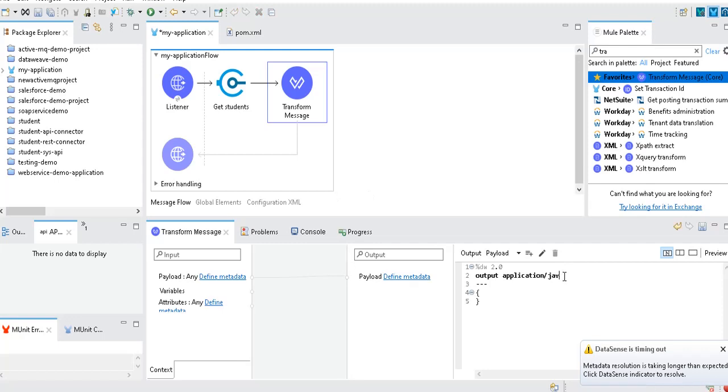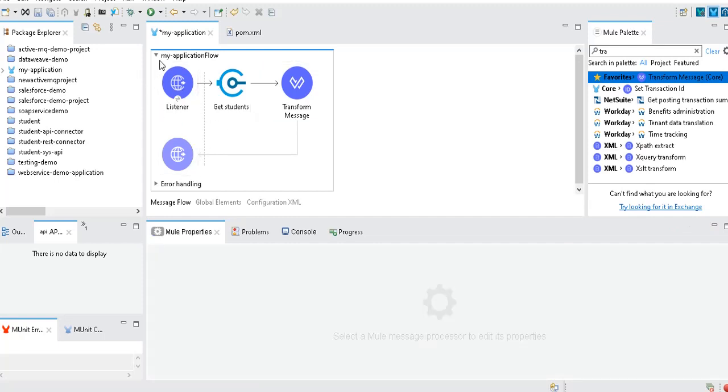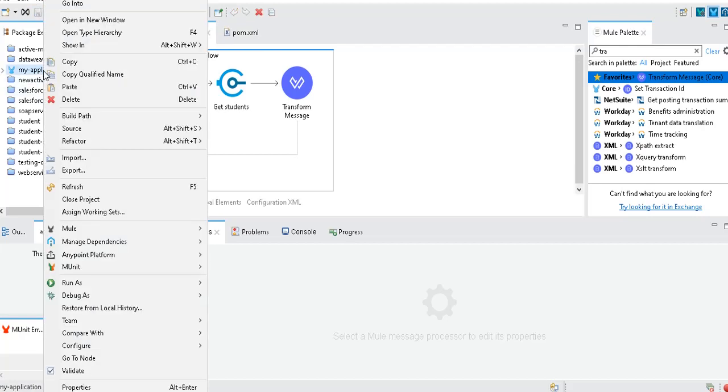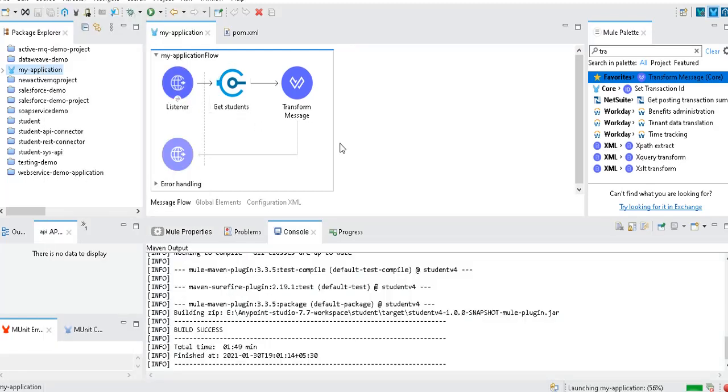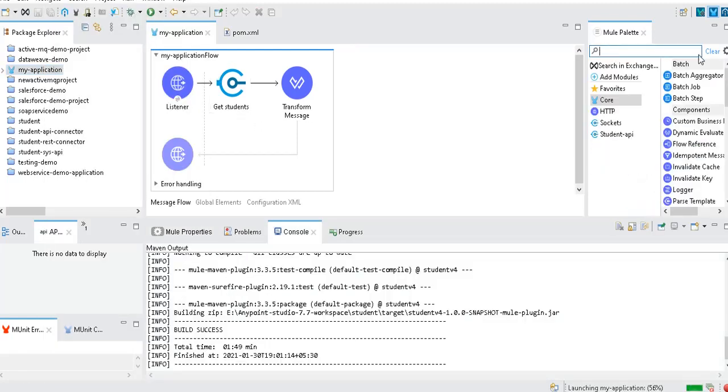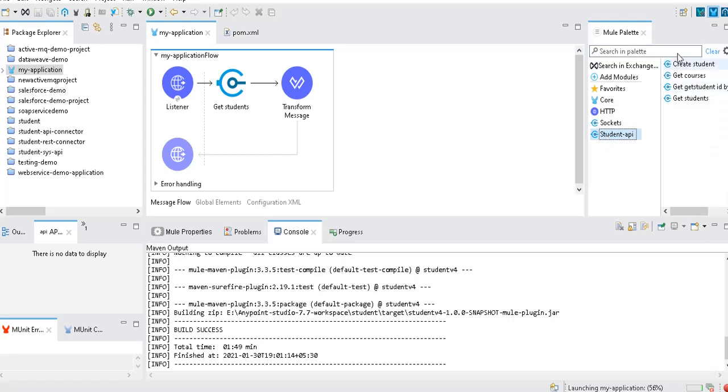Here I would like to capture that response from the connector as it is. So I don't want to transform anything here. I'll just capture the payload, the complete payload. Now I'm done with my actual implementation here. So let me save and let me deploy this into local, and we'll see how we can test this. So this is how you can actually use any of the operations of your connector. Interesting, right?